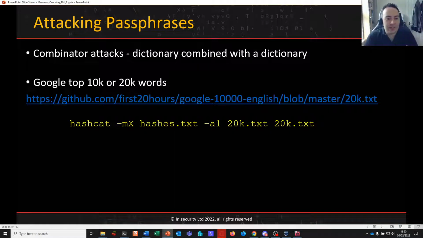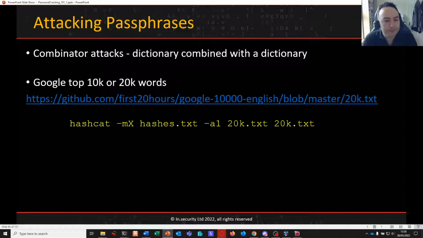With Combinator attacks, we've looked at brute force and mask and hybrid and other things. We're now going to look at Combinator attacks. Combinator is attack mode 1 in Hashcat. So we've looked at some different attack modes already. Attack mode 1 is going to expect 2 dictionary inputs from us, 2 word lists, so that Hashcat can combine all the entries in one with all the entries in the other to make a